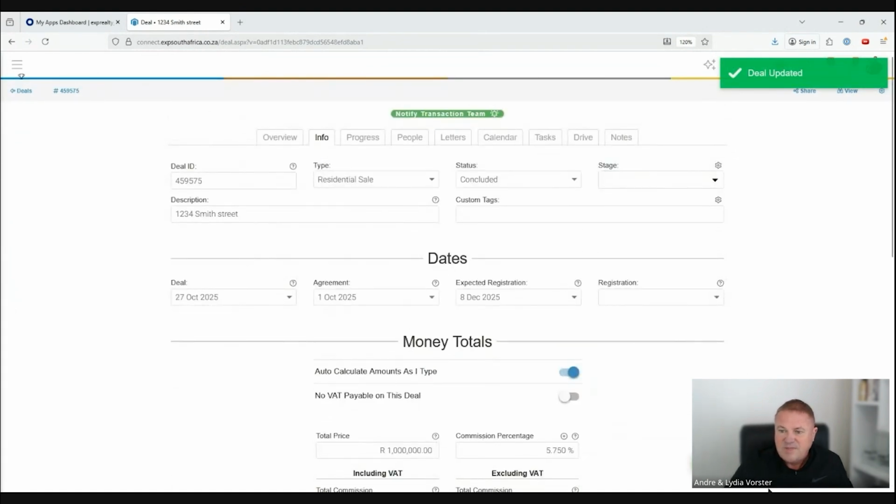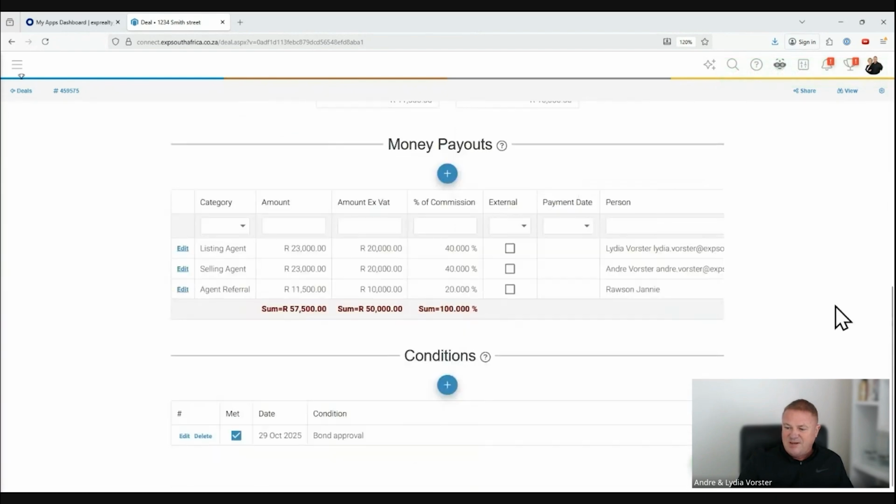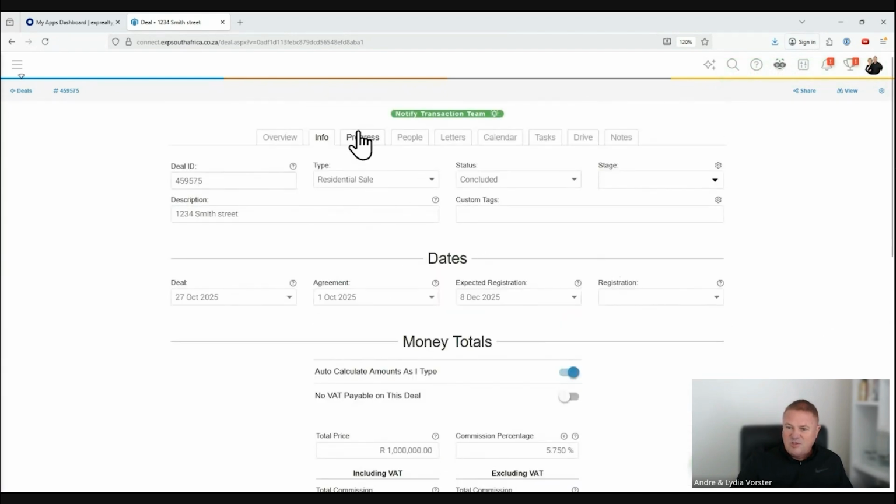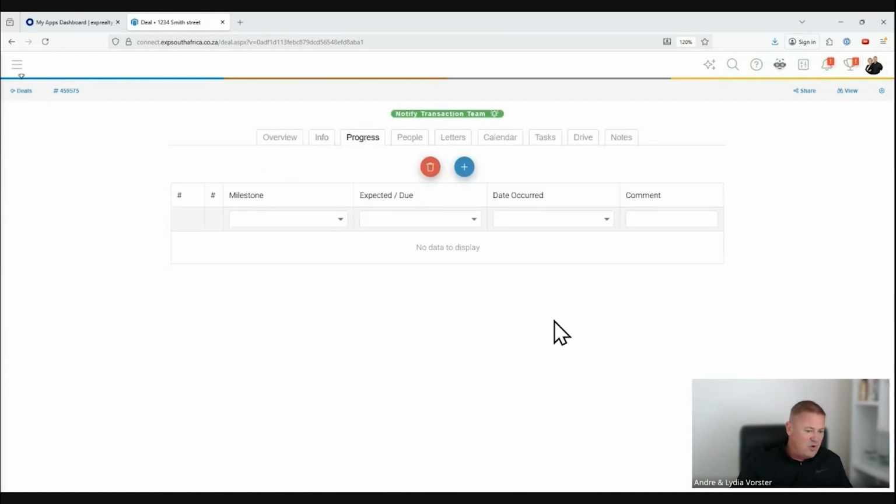Wonderful. So, the info tab has been done correctly. Move on to the progress tab. We're not going to be working with this. This is something you can go and watch the Propcon videos on, because this is if you want to manage your deal from the start and you want to be reminded about things, you could go and add in